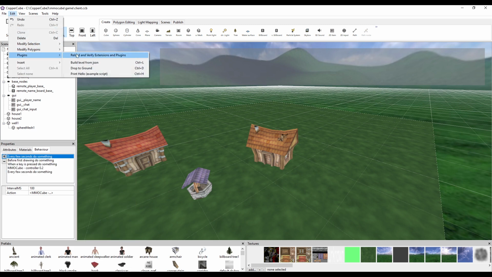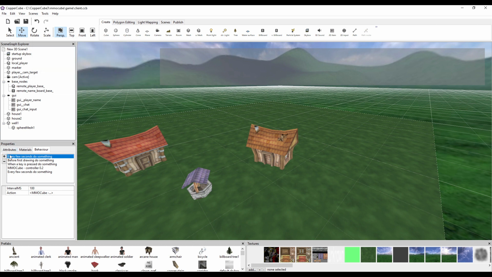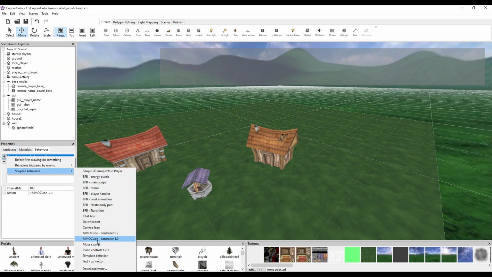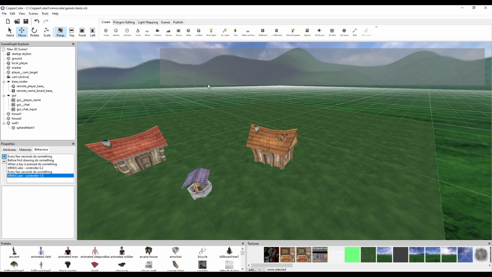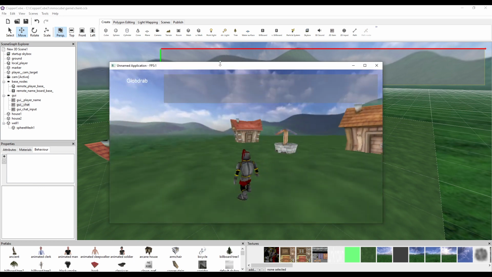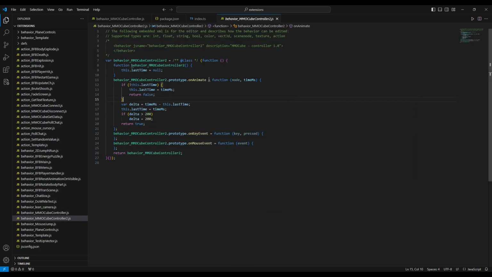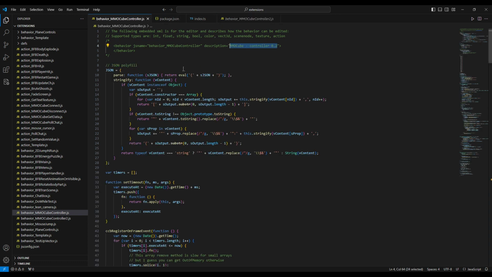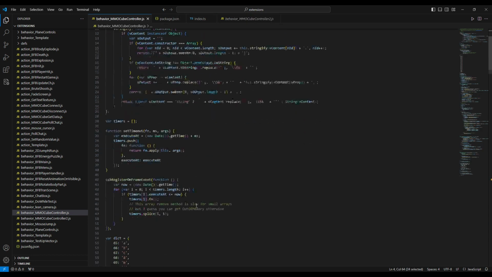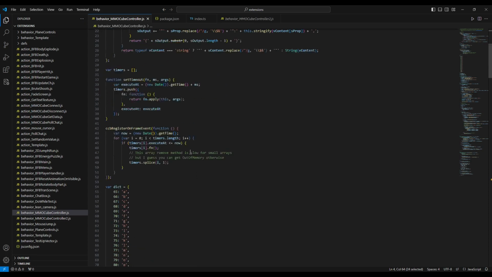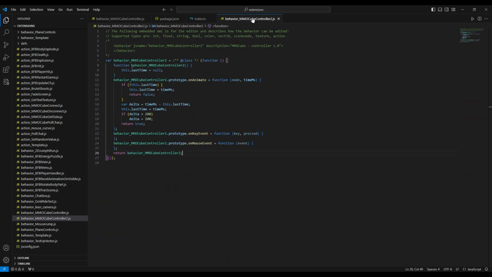Just edit, plugins, reload, controller 1.0, and let's see if we get some errors or something. Now it seems like everything is working, so we're good to go. Basically, everything's compiled properly, and we can just start moving logic from our previous controller to our